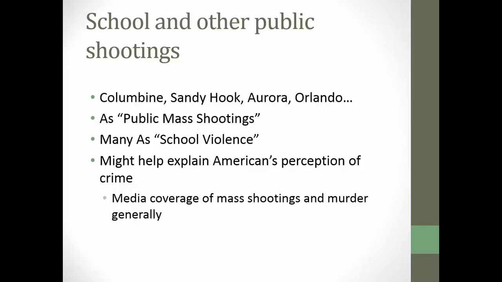A related area is important for a couple of reasons. One, I think it helps explain why Americans think crime is getting worse and violence is getting worse when in fact it's not, and it's gotten better: there has been a spate of very public mass shootings that have drawn an enormous amount of coverage. So it can be true that homicide's gone down, but if you have these very horrible mass shootings, that raises the level of anxiety. And so one of the things criminologists and others have turned their focus to now is mass shootings.